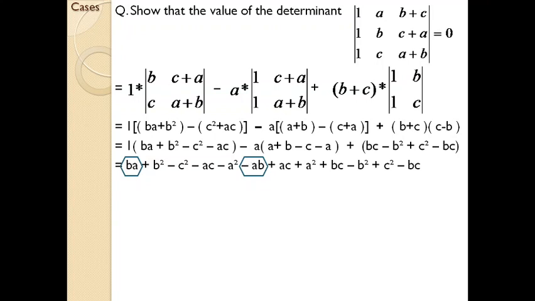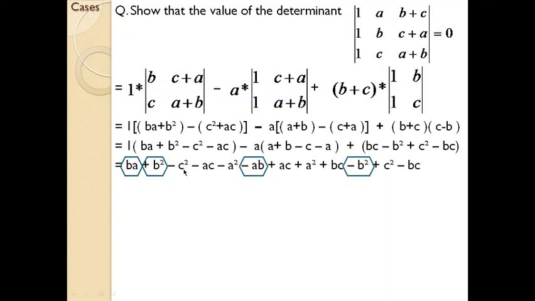You need to just have the same variables. The order isn't taken into consideration. So plus BA and minus BA or AB are cancelled because both have different signs. Next one is plus b square. If you go through it, you can see that here it is minus b square. So plus b square and minus b square are cancelled. So we have lost 4 items.